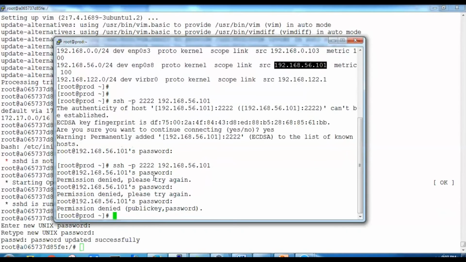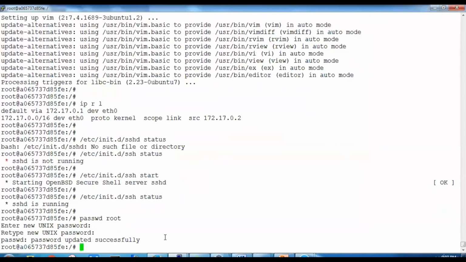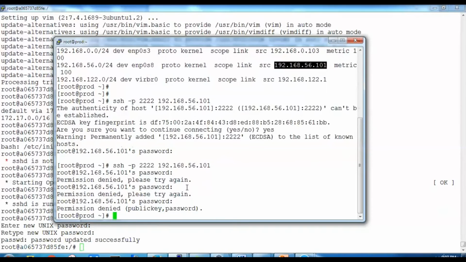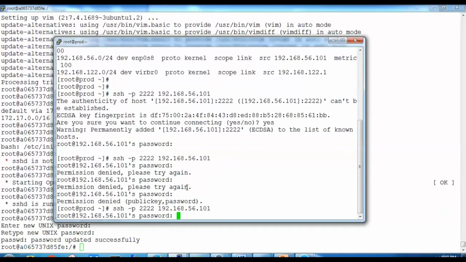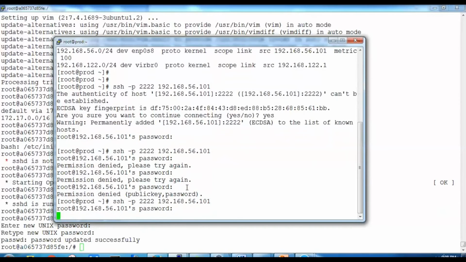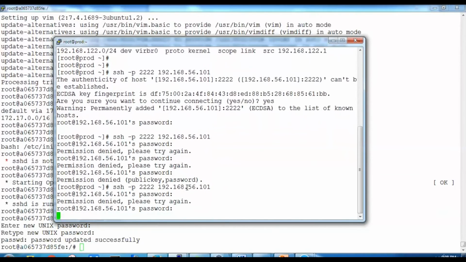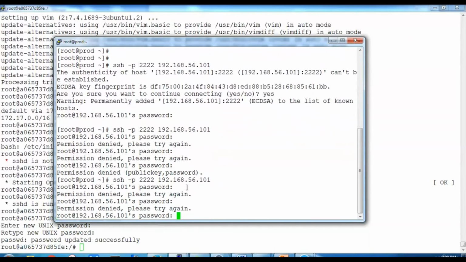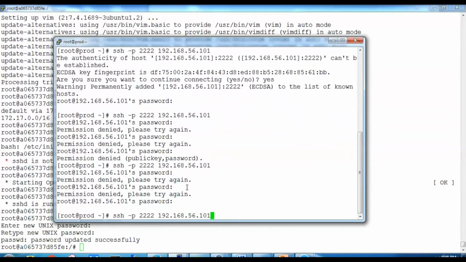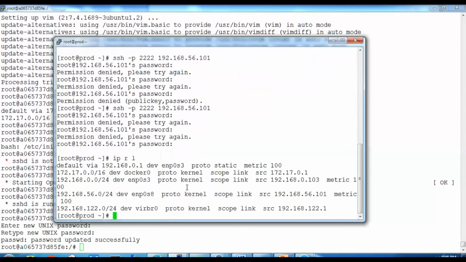It seems there is some issue with the password. Port number is correct and IP is correct. Why is it not taking the password of the root user? Let's try another IP.